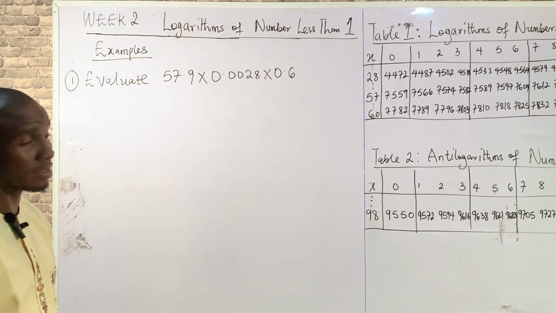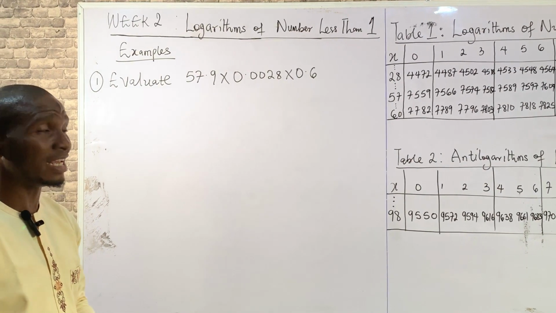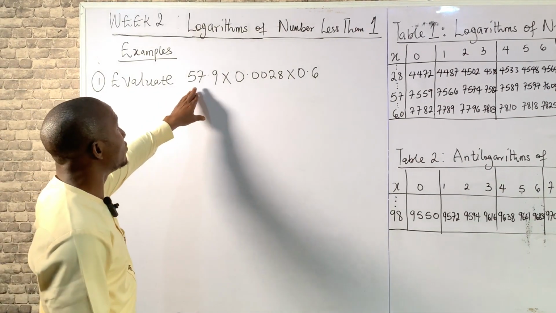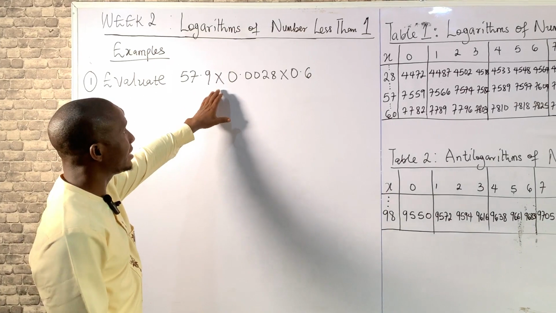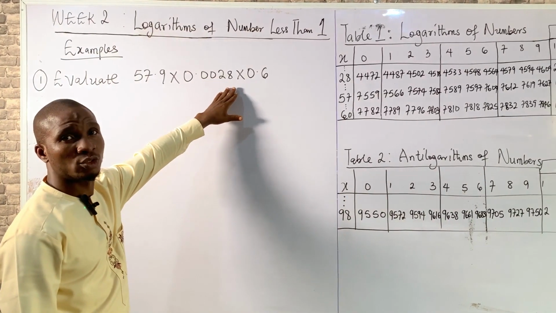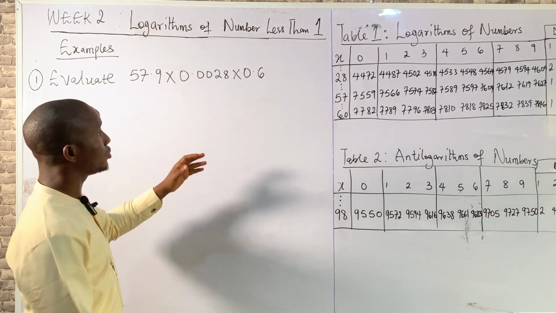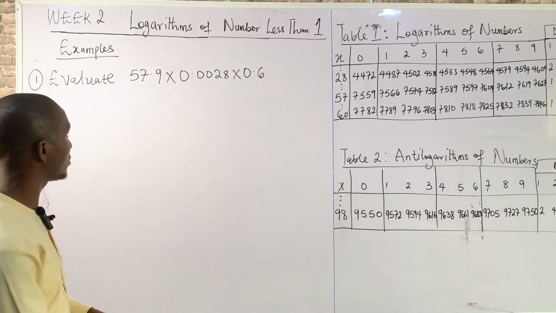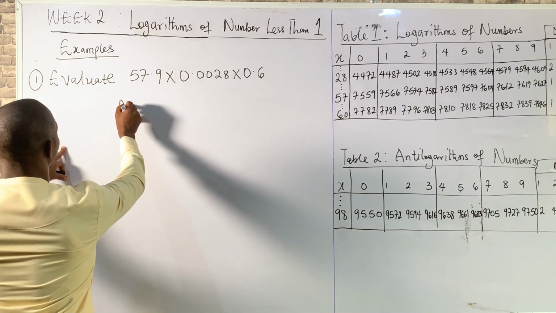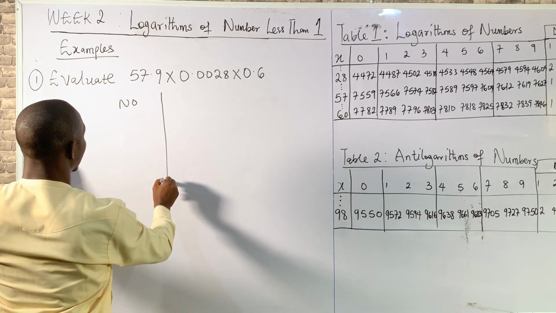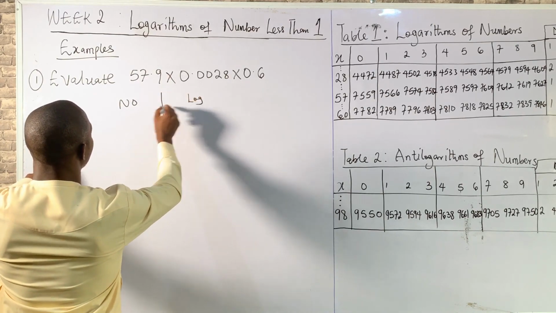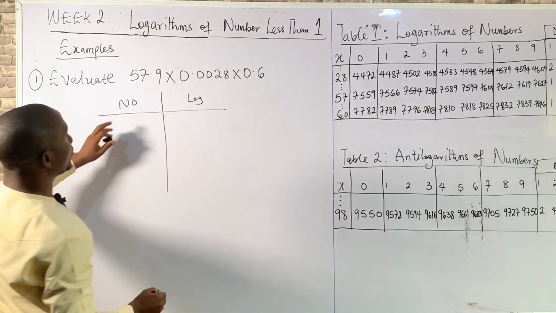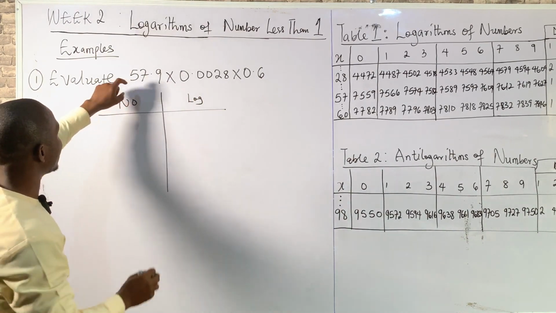Let's look at examples involving logarithms less than 1. We are asked to evaluate 57.9 times 0.0028 times 0.6 using logarithm tables. So we start, we say number and log. We pick the number one after the other. The first number is